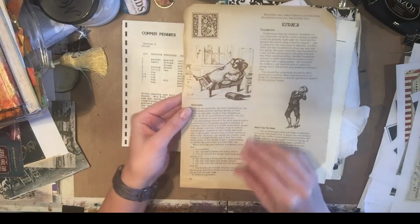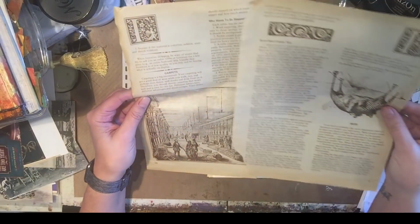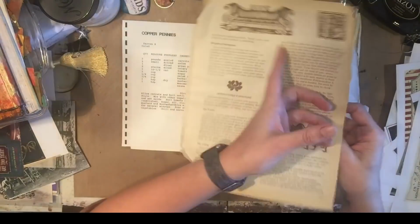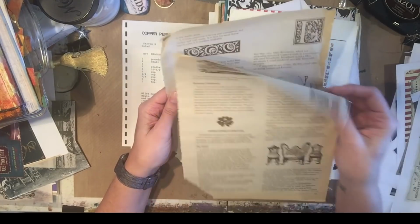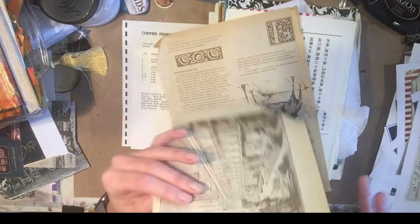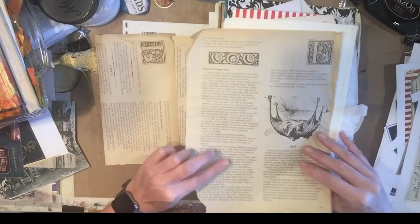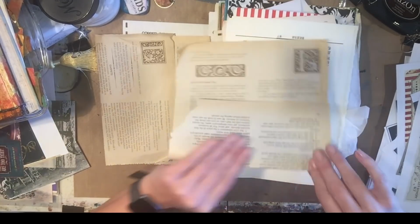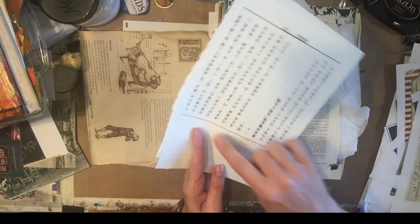Everybody gets 2 pages out of this book. This was actually something that was printed in the 70s, I believe. But the illustrations are kind of cool. I kind of need to fold it because it's hard to get it back into there. Okay. Everybody gets a couple pages of this beautiful